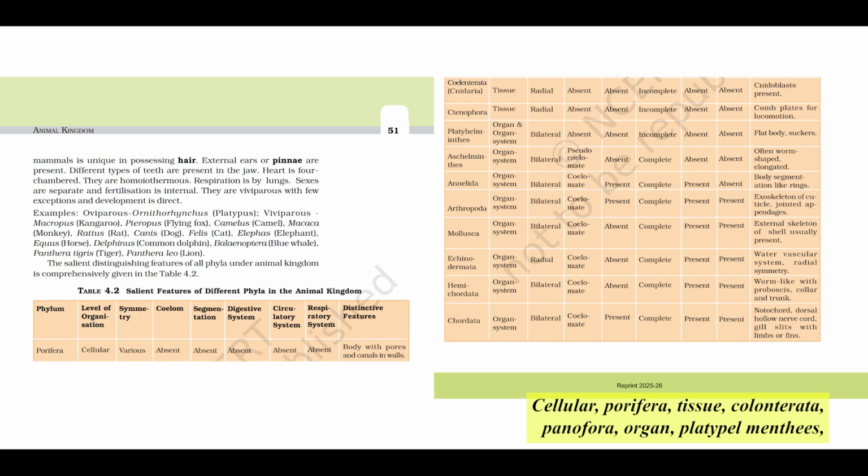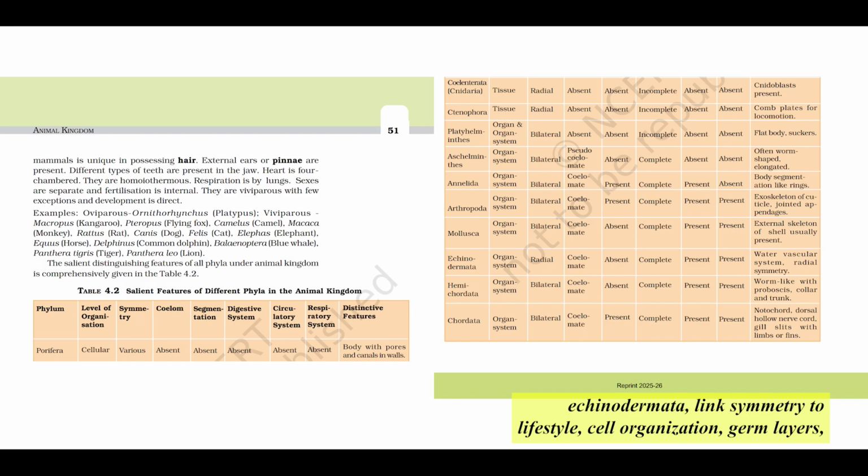Cellular, Porifera; tissue, Coelenterata, Ctenophora; organ, Platyhelminthes; organ system, Aschelminthes to Chordata. Remember the progression in complexity: symmetry, asymmetrical, most Porifera; radial, Coelenterata, Ctenophora, adult Echinodermata; bilateral, Platyhelminthes to Chordata, larval Echinodermata;